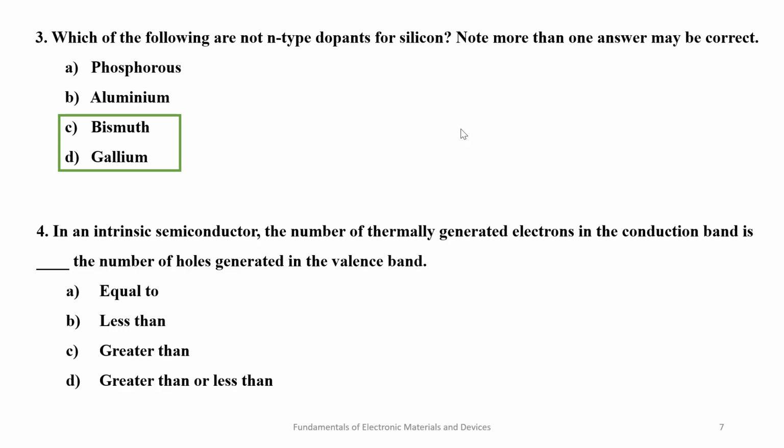Yes. So in an intrinsic semiconductor, what is the ratio of thermally generated electrons in the conduction band and holes in the valence band? Ma'am, they are equal to each other. Yes, that is because, can someone tell me why? Any reason you can offer as to why this happens? Because no impurity is added. Yeah. If we are not using any external impurities, it is just heat generated electrons and holes, right? Therefore, the number of electrons in the conduction band will be equal to the number of holes generated in the valence band. So is that clear?